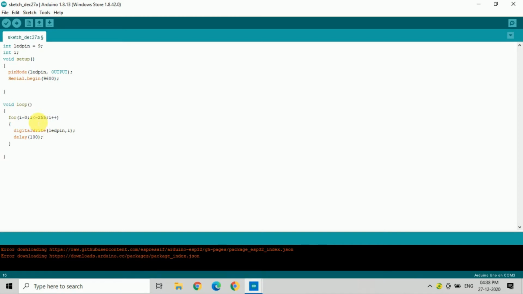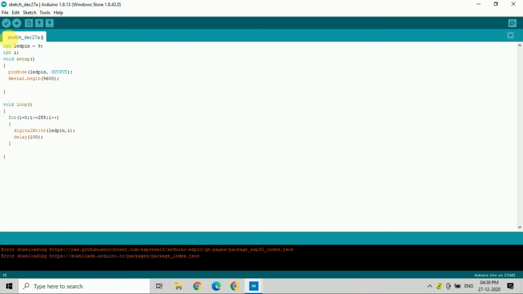Whenever our i is 0, our LED will not glow, because our LED operates on 1.8 to 2.4 volt. So we have converted to digital form. Whenever our i reaches a point at 1.8 volt or above, then our LED will start to glow. When our i increases, then our intensity will increase. So we have done the programming.